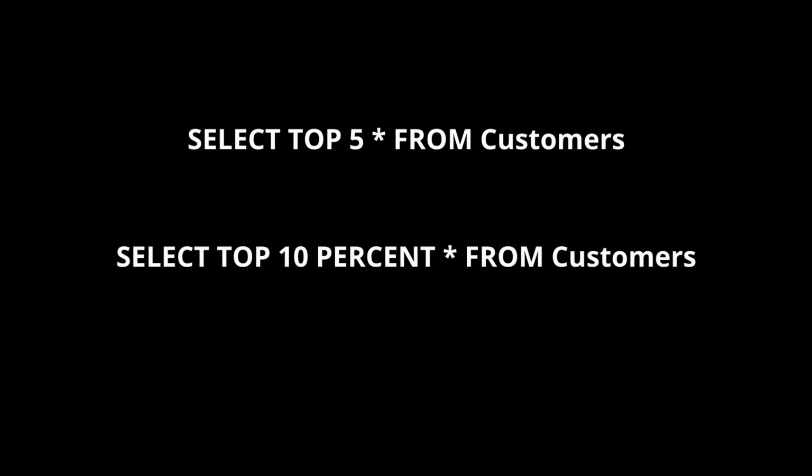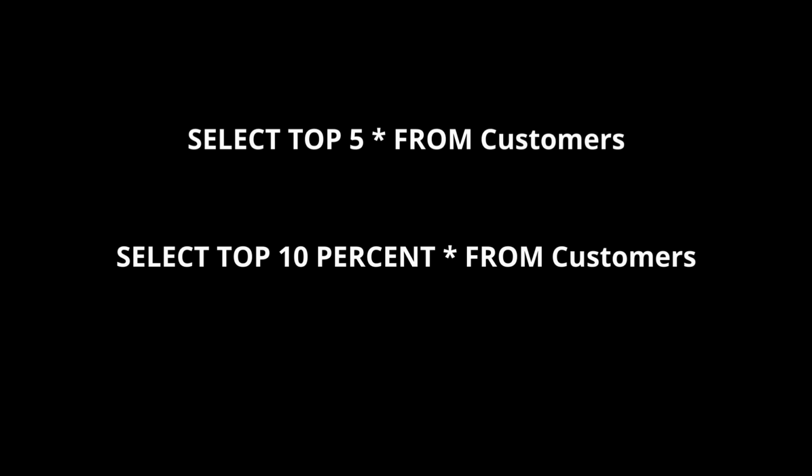In SQL, one way to limit the result set is to use the top function. The top function in SQL Server is used to limit the number of rows returned in a query result set. It takes an integer argument that specifies the maximum number of rows to return. For example, if you use select top 5 asterisk from customers, only the first 5 rows from the customers table